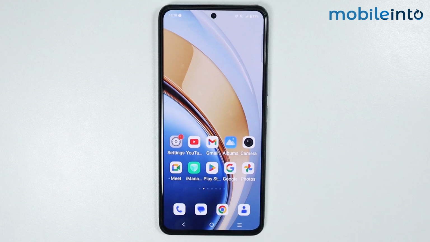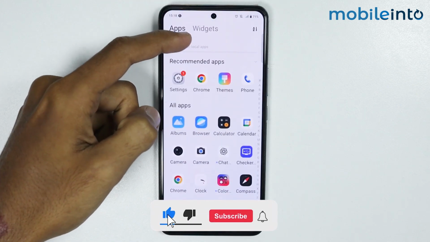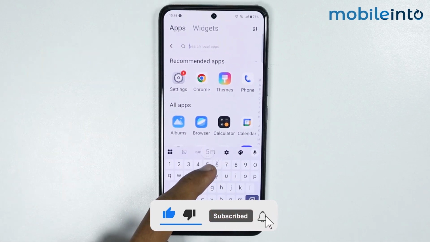Hey, what's up guys? So in this video, we will see how to turn on or off glide typing on any Vivo phone. Now, if you want to enable glide typing on your smartphone,